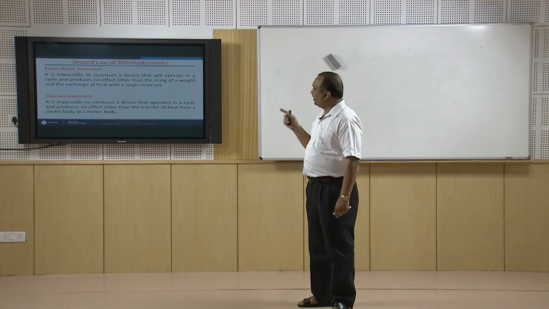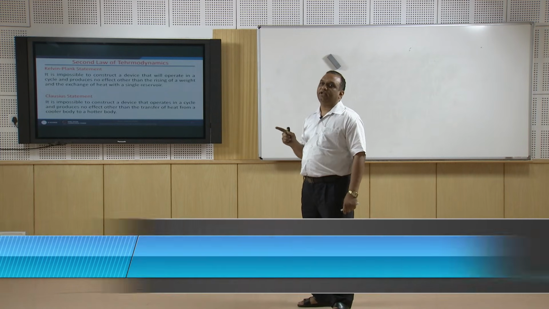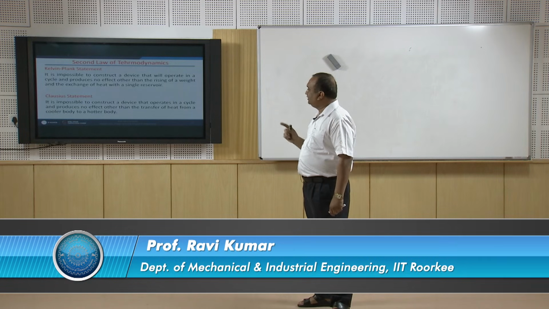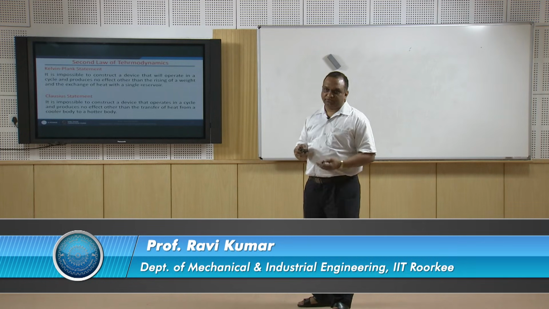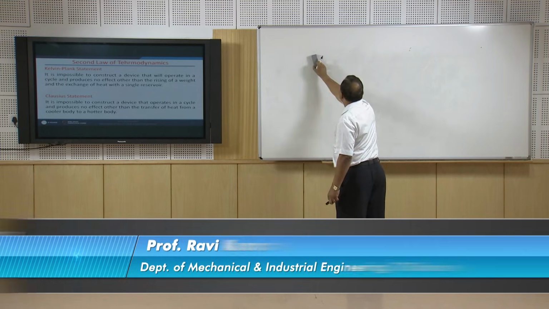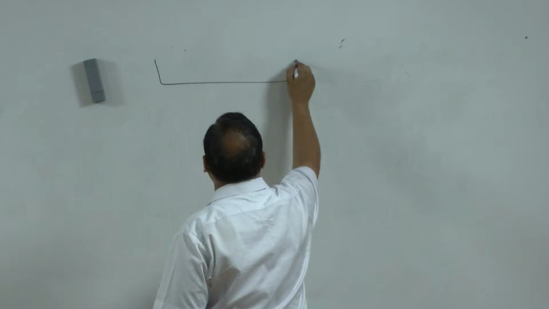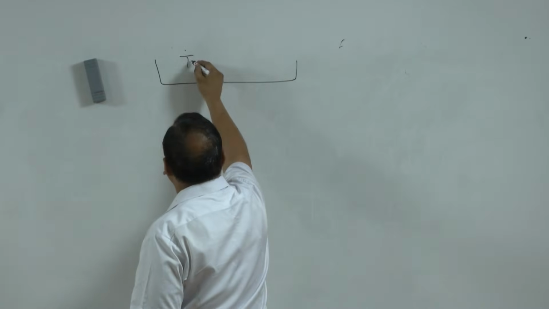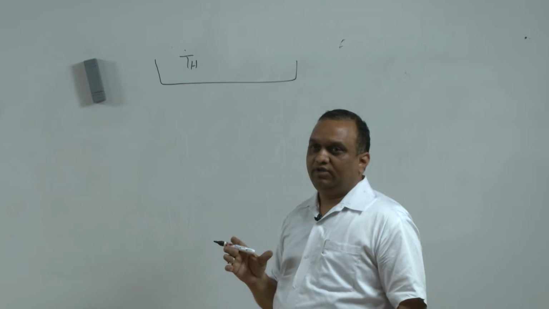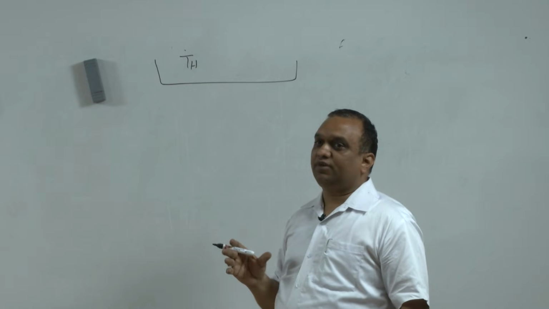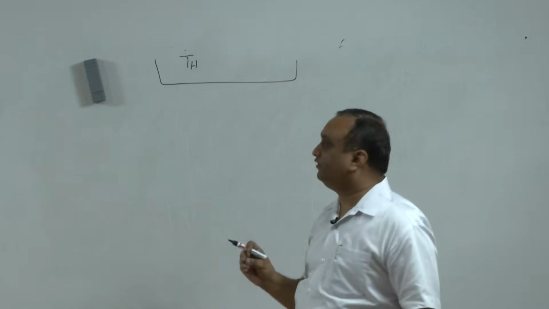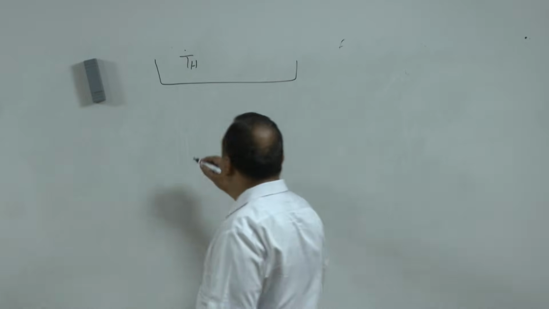It means violation of one statement should automatically lead to the violation of the other statement. Let us assume that there is a violation of the Clausius statement. So in that case, suppose there is a reservoir of temperature Th. Thermal reservoirs are bodies of infinite thermal capacity, so that if you draw a certain amount of energy from these bodies, the temperature of these bodies does not change.